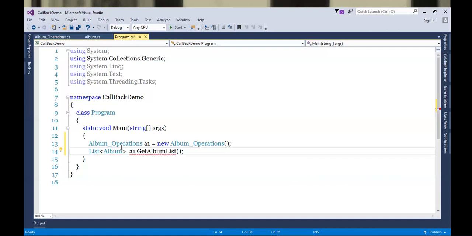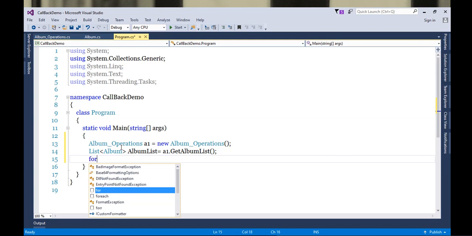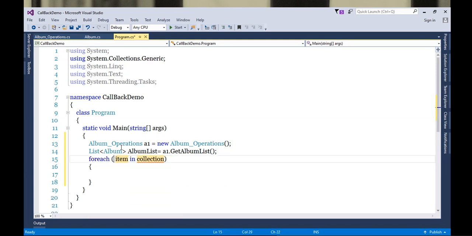List of albums, resultant equals to, maybe we'll say here a proper name, album list. So all albums are there in this. So if I use a foreach loop, album item in collection album list, Console.WriteLine item. That's it. So save it, run.